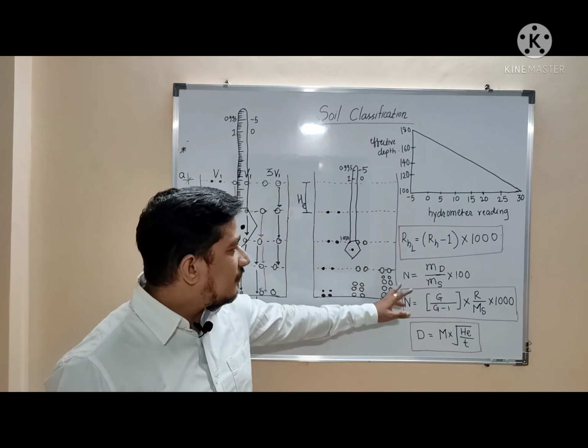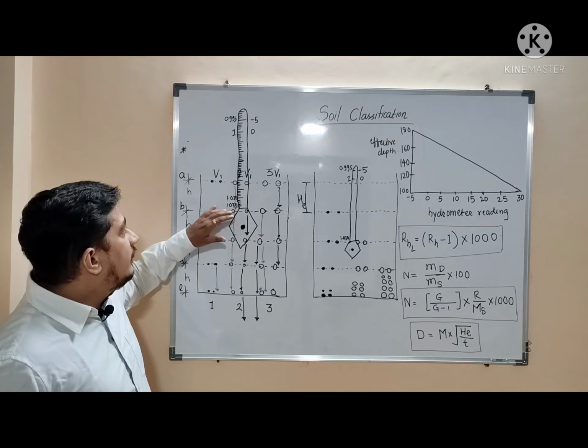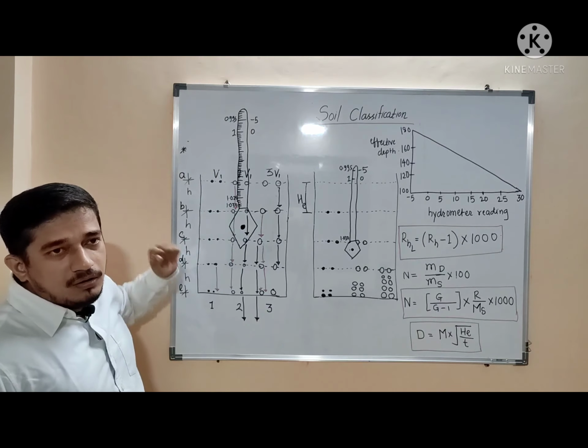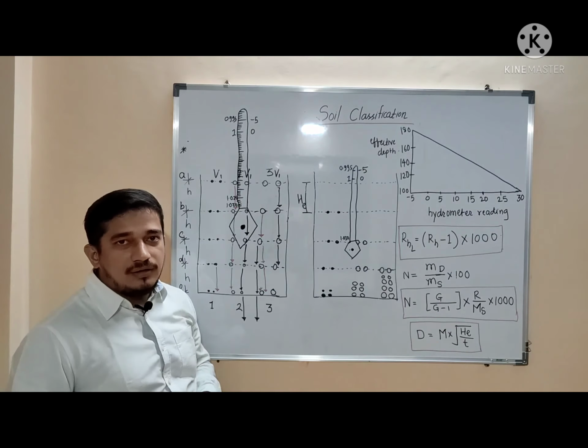So let us see what a hydrometer is. The hydrometer is an instrument which is used to measure the specific gravity of a liquid. It consists of a long stem and has a bulb at its end. The reading on the hydrometer decreases in the upward direction. As I said earlier, at the start of a sedimentation analysis, all the particles are present throughout the depth of the soil suspension, so it has uniform specific gravity. And the hydrometer gives the specific gravity of a liquid at the center of its bulb.